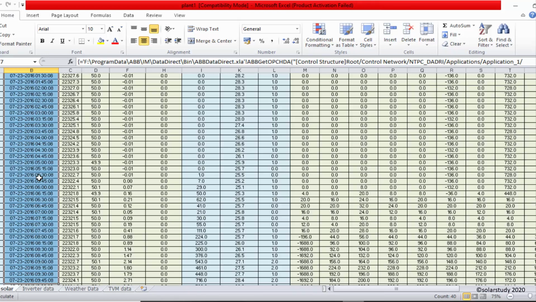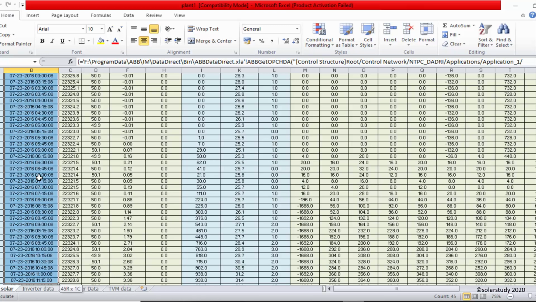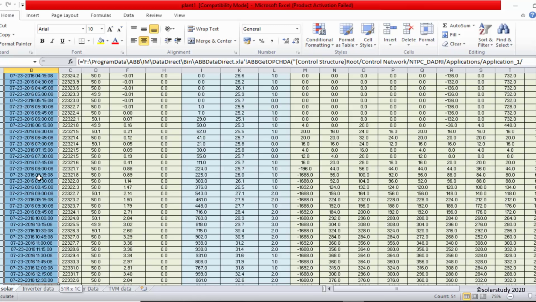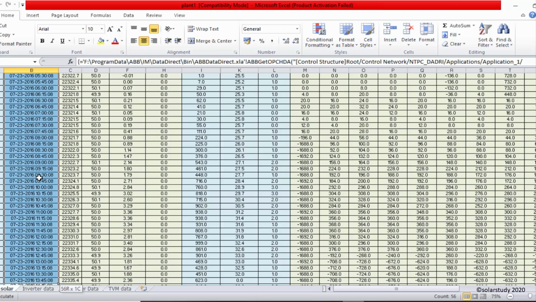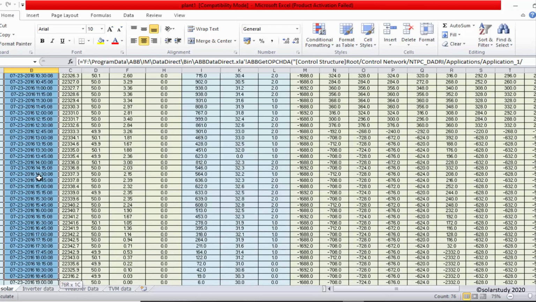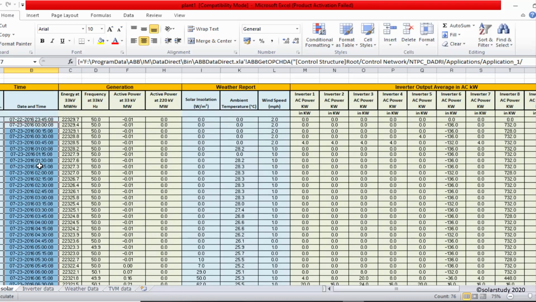So for one day I will get 48 data sets. You can see here 423, 48 or more, because a column has been skipped. So it is 48, 423. Each hour contains 15-minute sections, so 1 hour has 4 sections. Like this it will be acquiring.